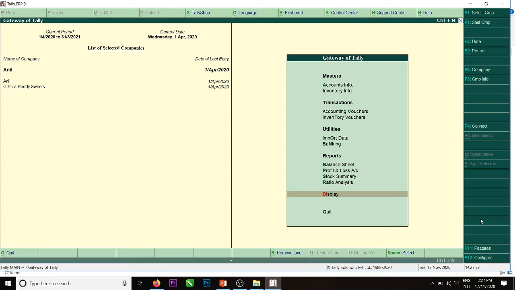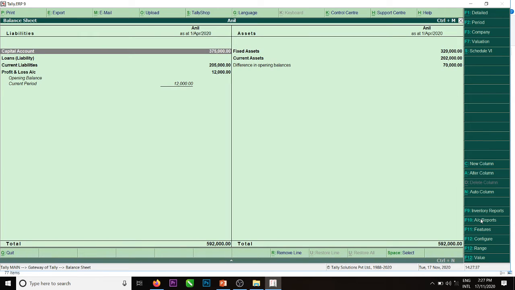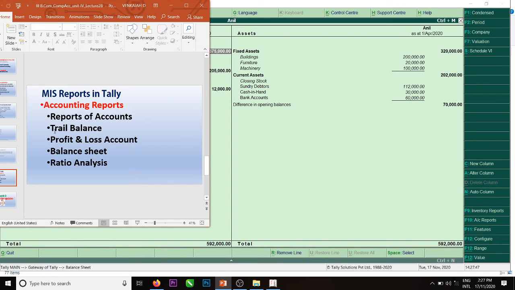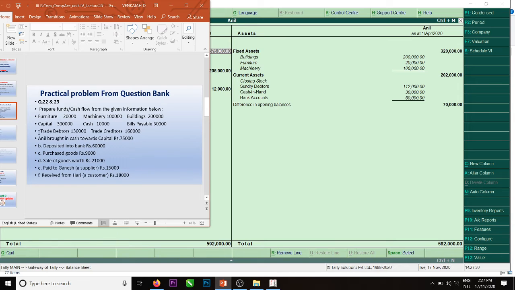Then balance sheet, Alt F1. One thing we forgot is to enter the opening balance of cash. Remember, opening balance of cash is 10,000. That we will enter now.